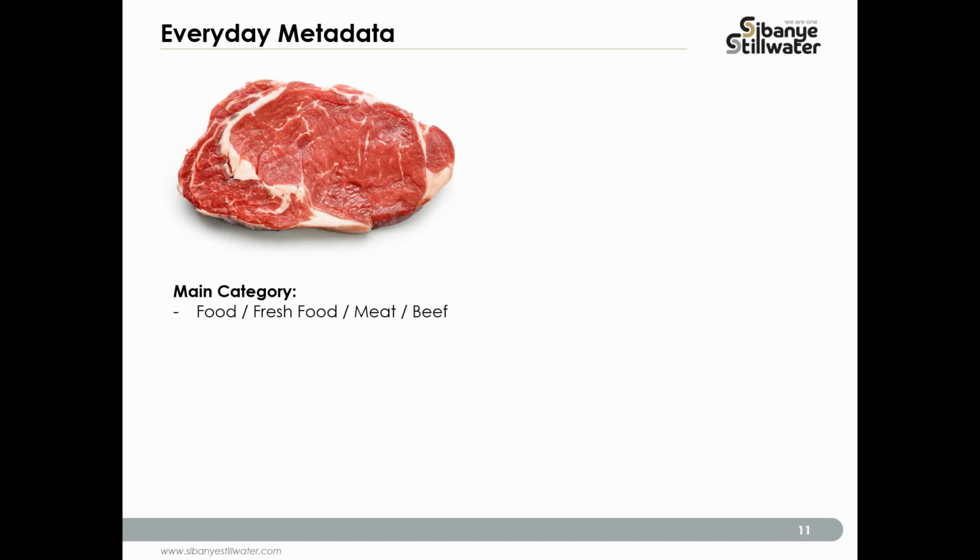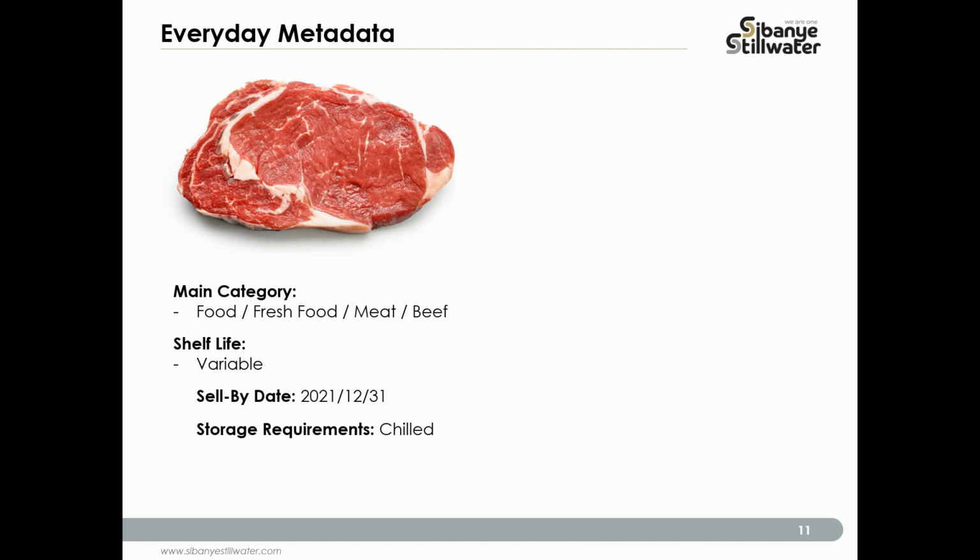my steak going forward. For instance, I could say that my steak belongs in a main category that says food, fresh food, meat, beef. From the fact that my steak is classified as fresh food, I can assume that there will be a shelf life tied to it, and that shelf life will depend on specific variables. So I will make a point of checking the sell-by date on my pack to see by when I need to use my steak. In addition to that, I will know that because it's fresh food, it probably needs to be chilled, so I'll keep it in the fridge instead of putting it outside on the porch and hoping for